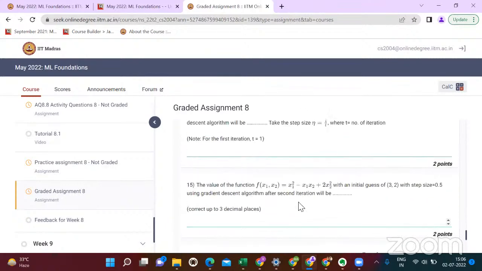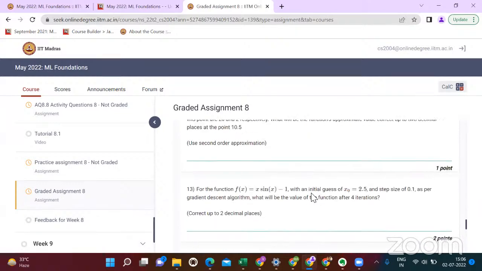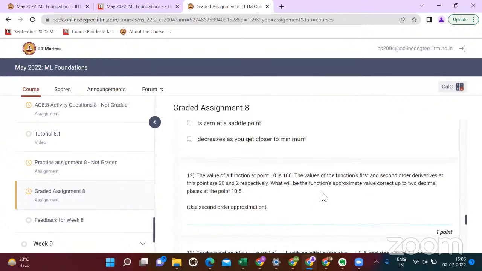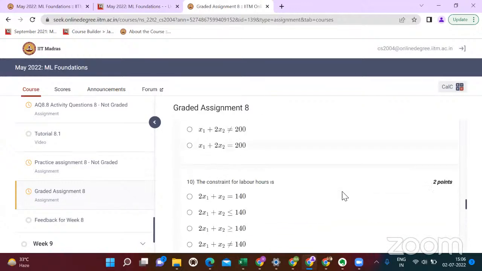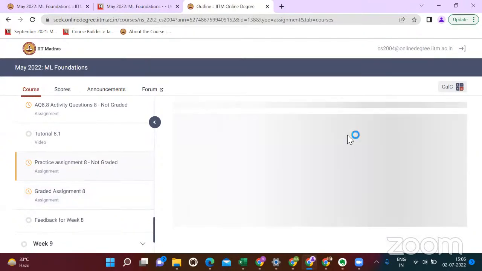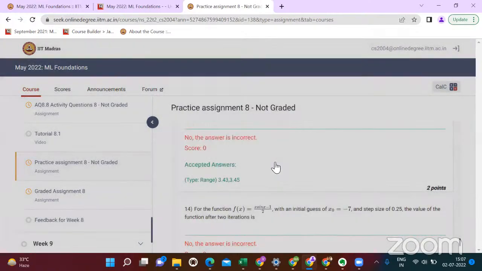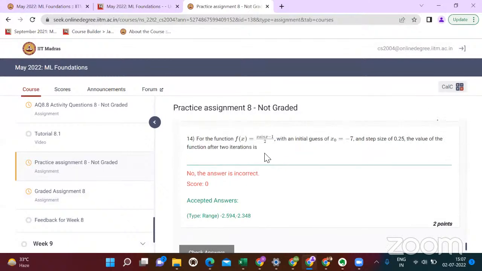Which question? Sir, it's for the practice assignment of week 8. There is one question, week 8 question. It's in the practice assignment, so it's not graded. Okay, that I'll edit, so there's no worry about that. I'll just solve this and write. So you're getting the answer in radian form, right? Okay, so I'll just write it here, to write in the radian form.